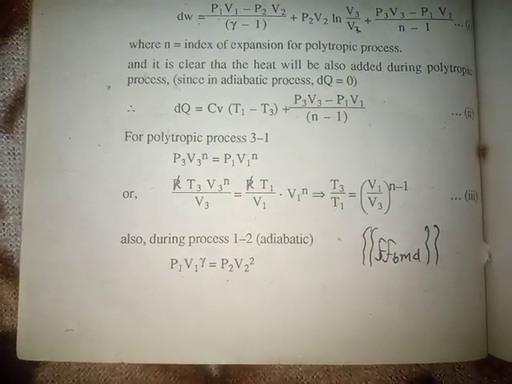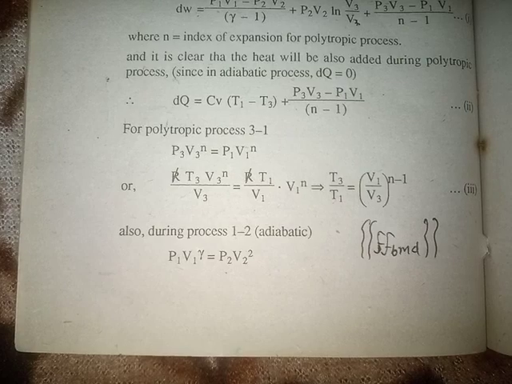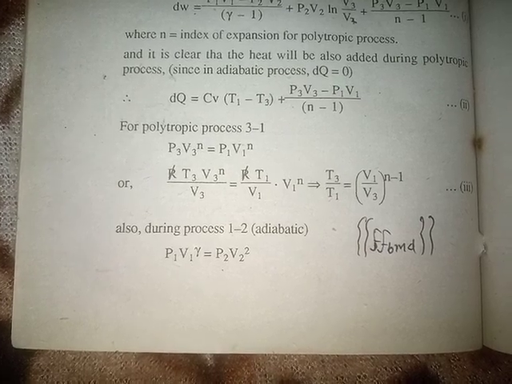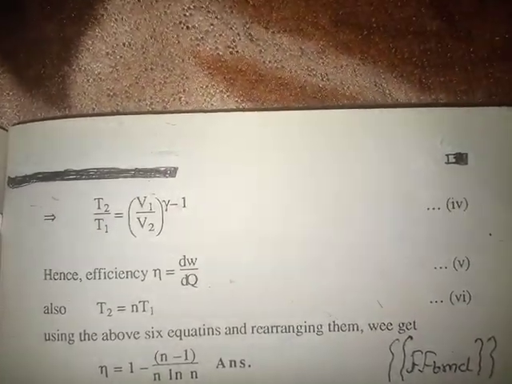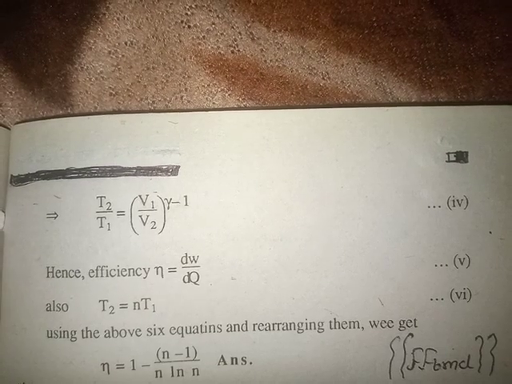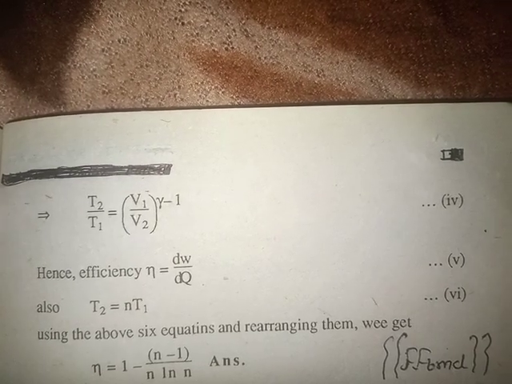Also during process 1 to 2, adiabatic, P1 V1 to the power gamma equals P2 V2 to the power gamma. This implies T2 by T1 equals (V1 by V2) to the power gamma minus 1, equation 4. Hence